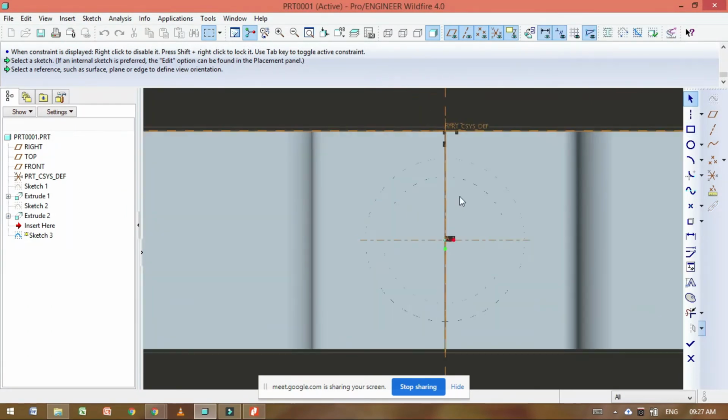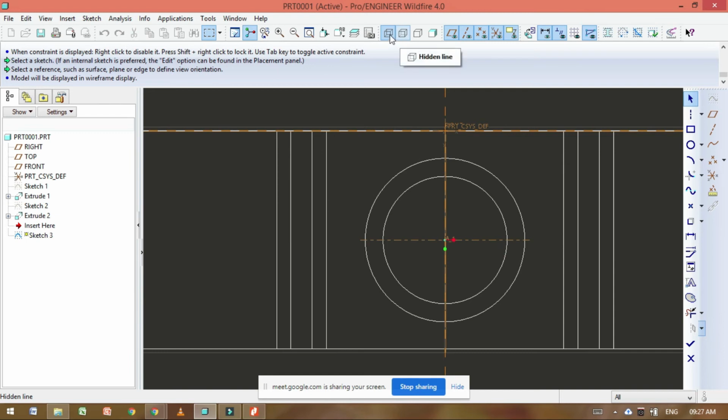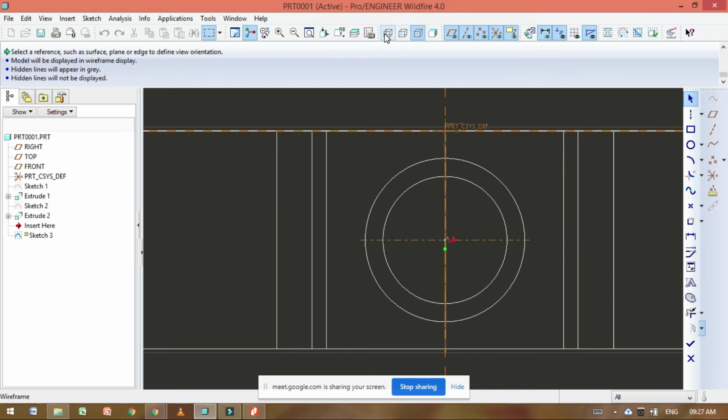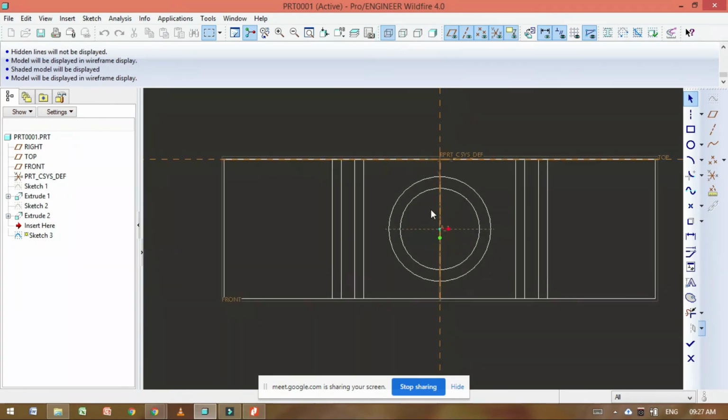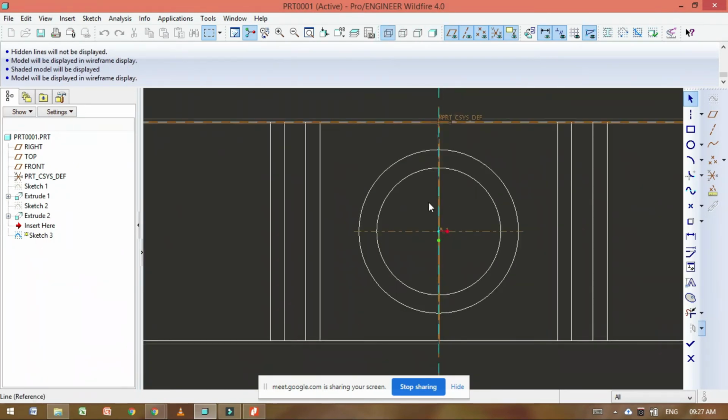I can't see this cylindrical type of shape. So here we have wireframe, hidden line, and no hidden line views we can see. So I selected wireframe here, and this is the actual wireframe. Now by using the wireframe, I can see that there is a cylinder, or a circular type of